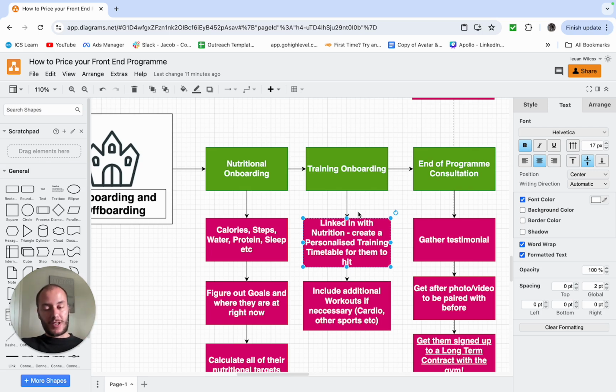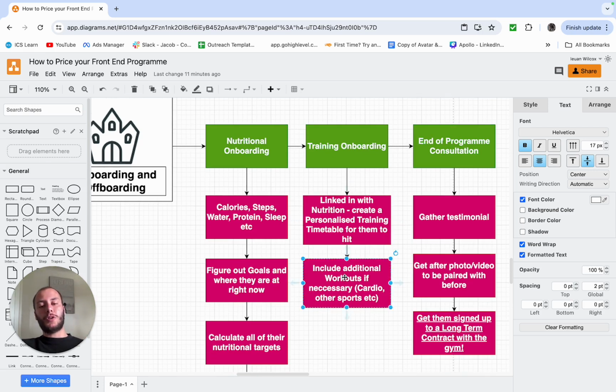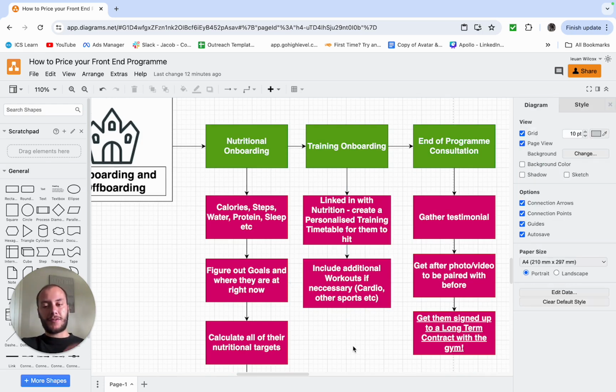So tell them these are the sessions that you need to come to every week. And you can also provide any additional workouts if necessary. If they're really trying to lose a load of weight, you can get them doing some cardio. If they already play, say, football 5-a-side, you obviously factor that into the program. Anything else, you could have a load of resources on strength and conditioning sessions that they can do outside of the gym that you may want to give to them.